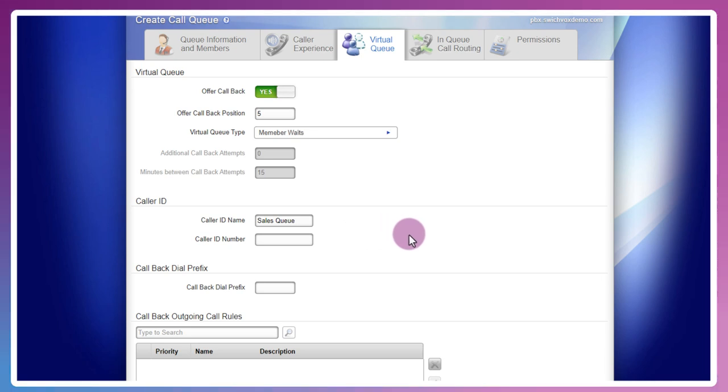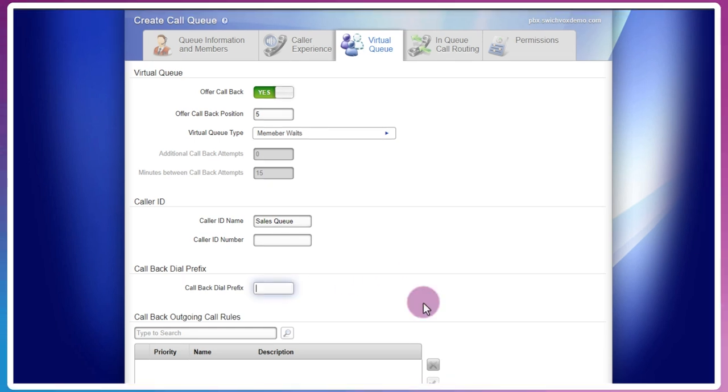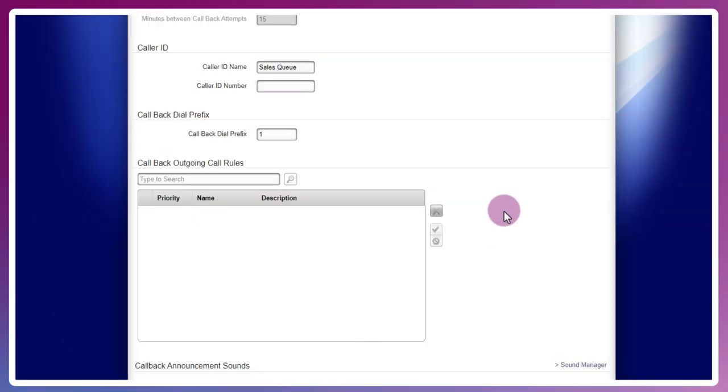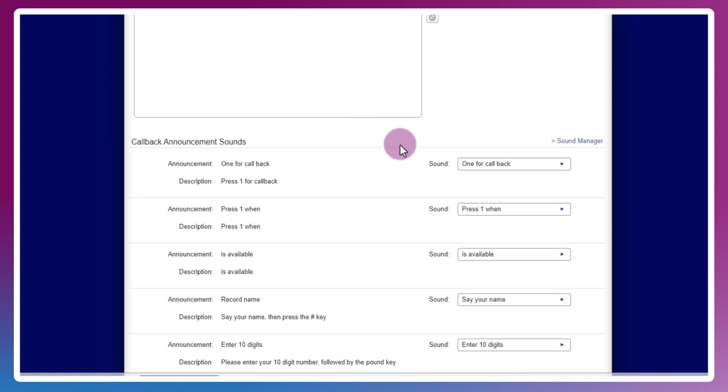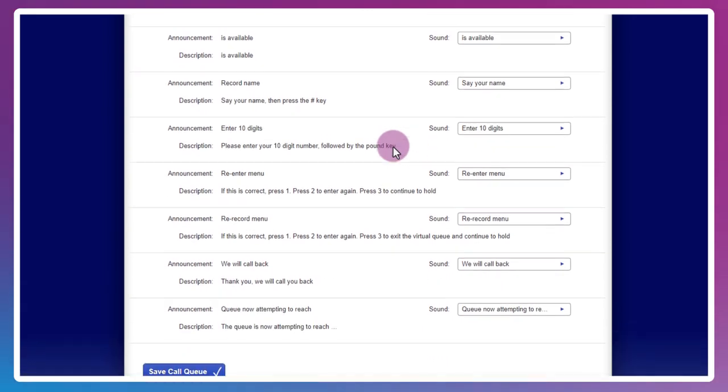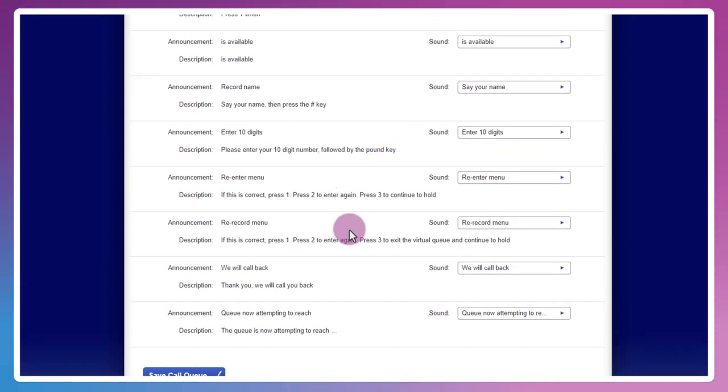The dial prefix to match for our outbound route, so that could be 1 depending on your dial plan for North America. So you can actually customize or specify specific routes or providers from the outgoing call rules for this specific callback queue. So if your audio prompts look good, we can save these settings.